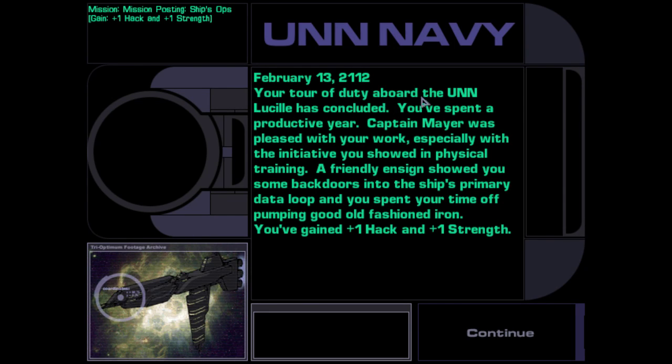Your tour of duty aboard the UNN Lucille has concluded. You spent a productive year. Captain Mayer was pleased with your work, especially with the initiative you showed in physical training. A friendly ensign showed you some back doors into the ship's primary data loop, and you spent your time off